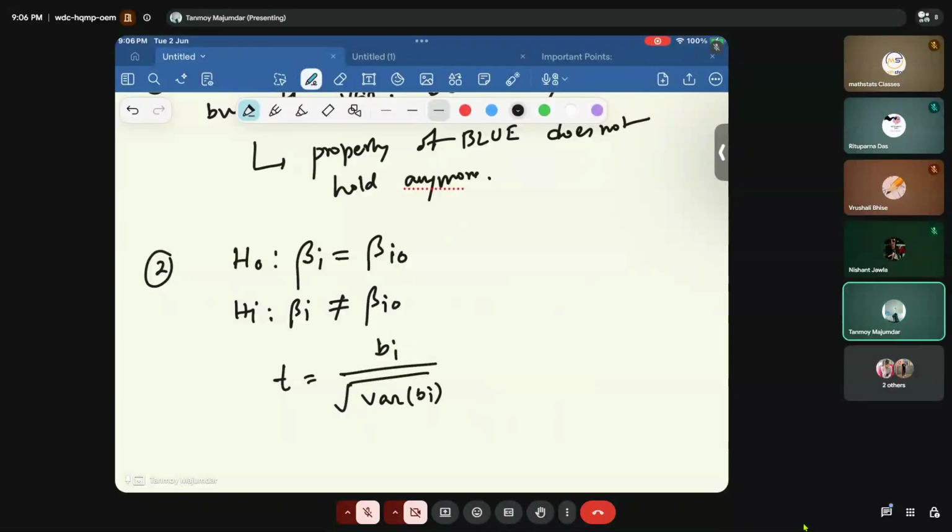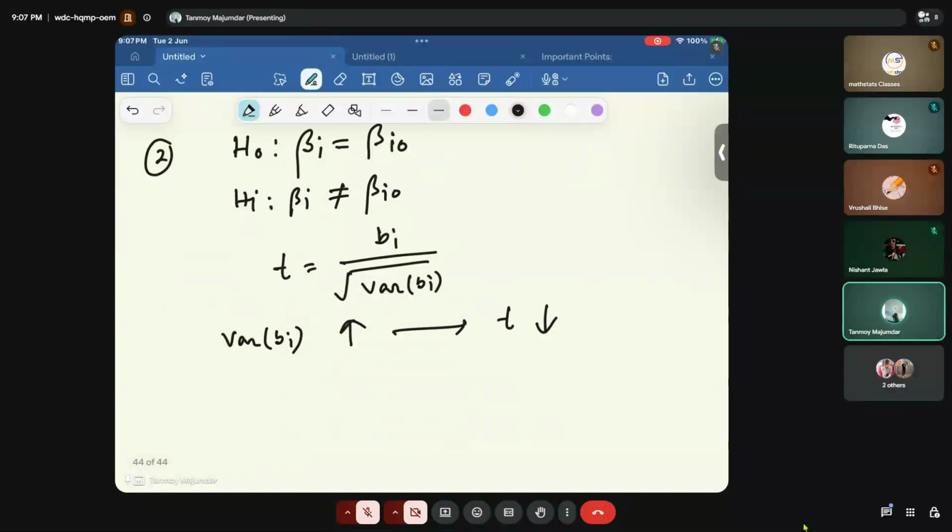So now if variance of bi increases, so हम लोग ने क्या देखा कि variance of bi increase हो रहा है। So if variance of bi increases, then इसका मतलब क्या है कि t का वैल्यू डिक्रीज होगा, क्योंकि bi is constant, bi is not changing, what is changing, the variance is changing, so variance increasing मतलब क्या, t का वैल्यू डिक्रीज हो रहा है सिंपली।